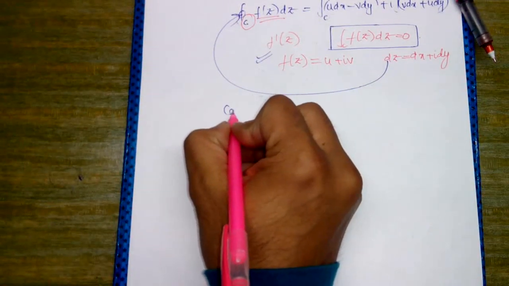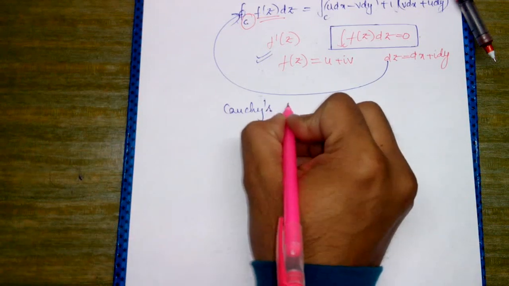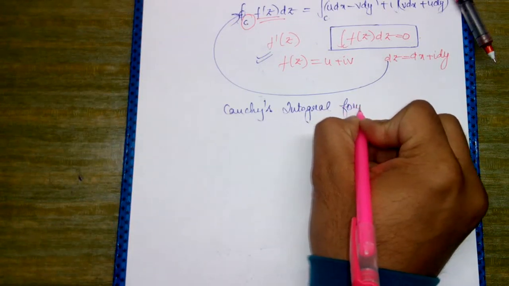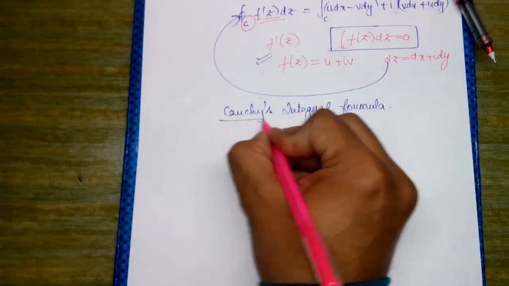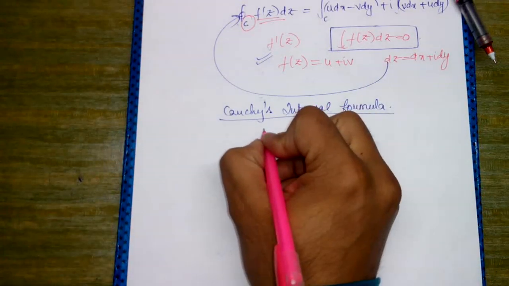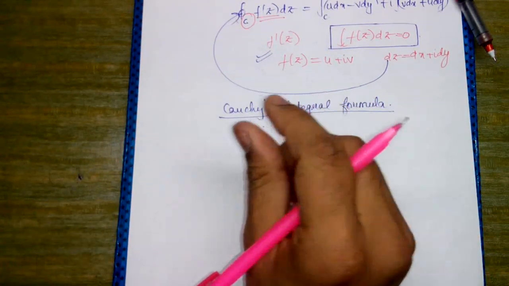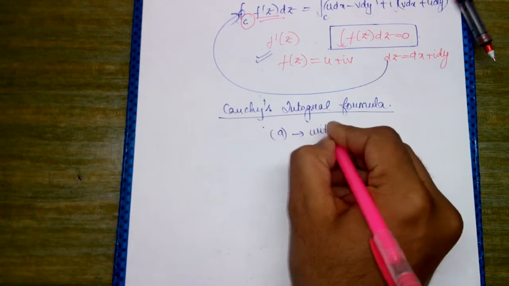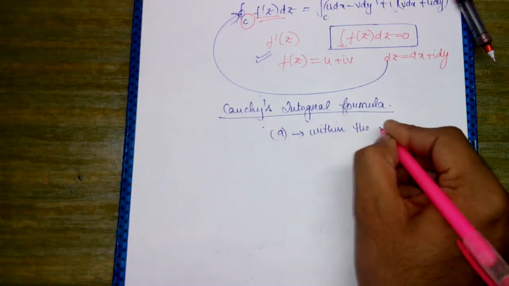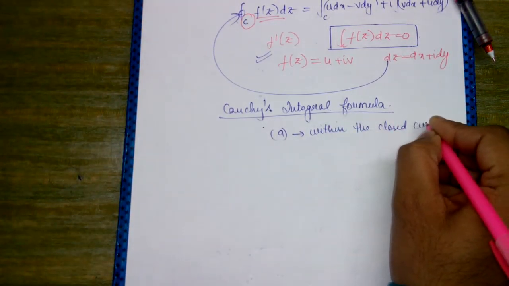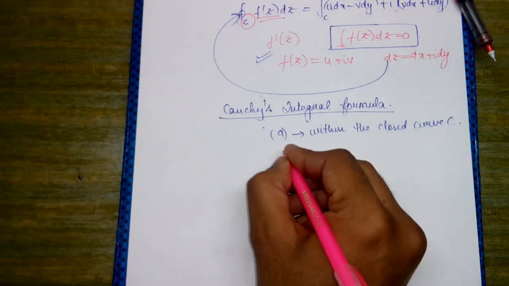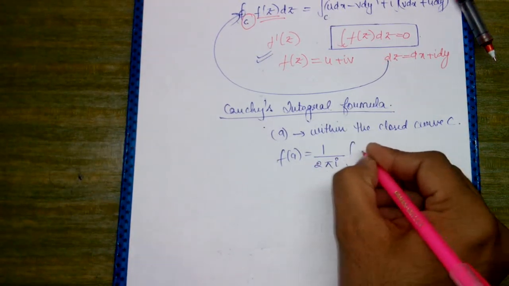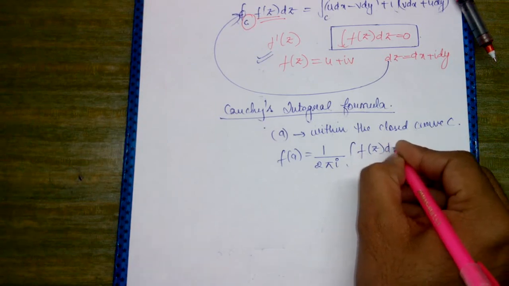Now we have Cauchy's integral formula. Cauchy's integral formula states that if f of z is analytic within and on the closed curve, and if a is any point within that closed curve C, then f of a is equal to 1 upon 2 pi i integral f of z dz